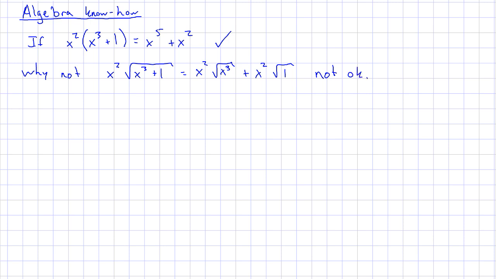And the easiest way to do this is to actually plug some numbers in and show that it doesn't actually work. And so if it doesn't work for every single number, then it doesn't work. It's not true. So let's just consider a number. If I plug in 2, I'll have 2 squared